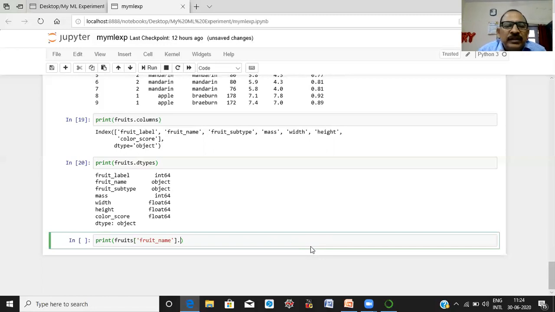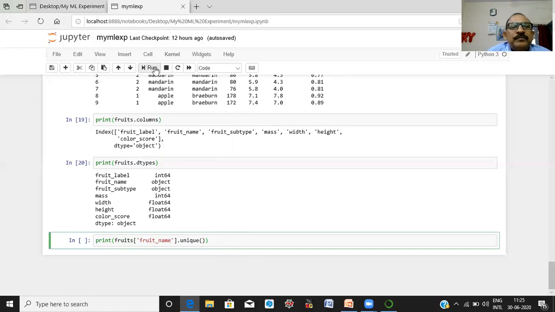So here you have to specify the name of the column, or name of the variable, dot, followed by the method unique.